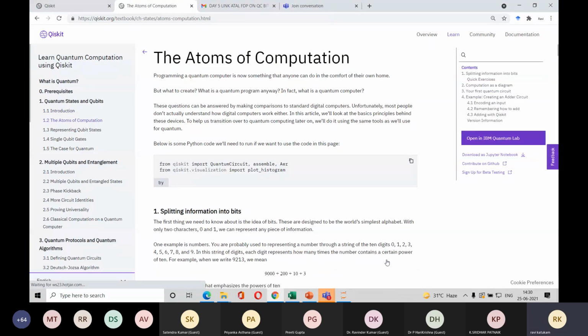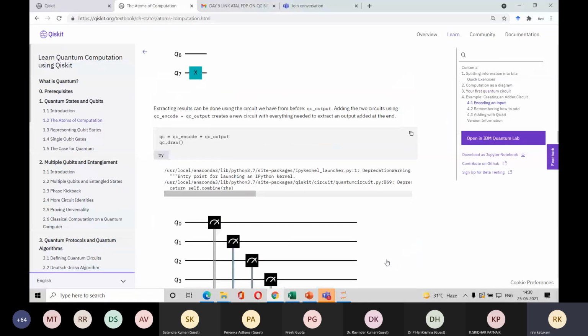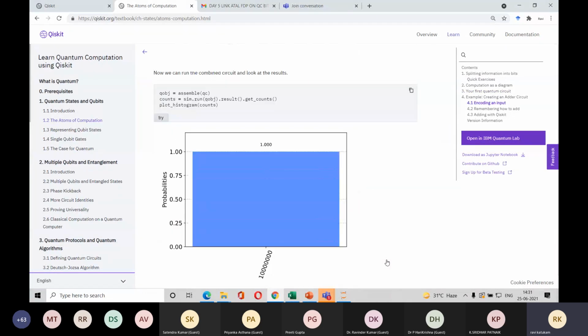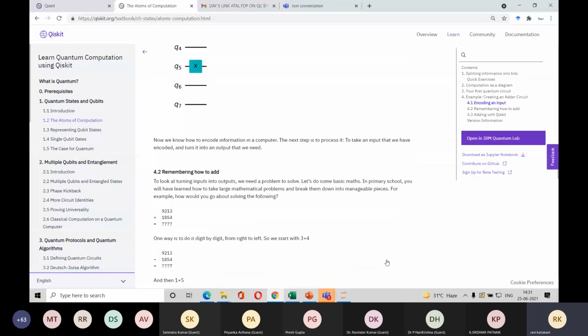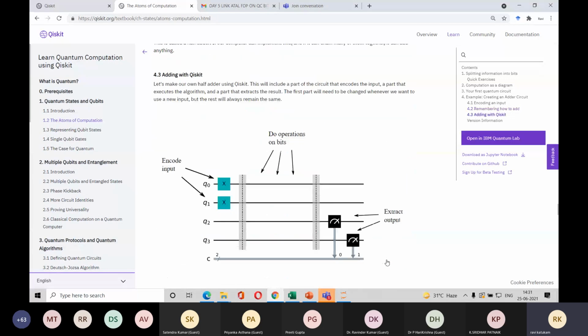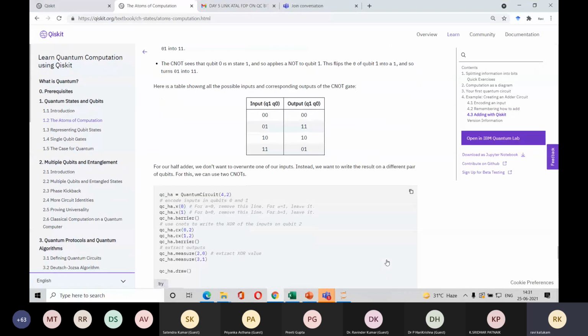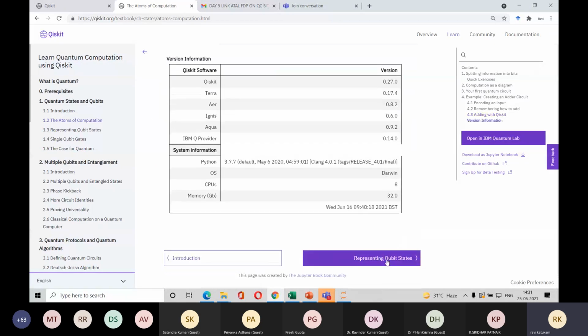So in each of these quantum computing algorithms, you have something called input encoding. Input encoding is the one where you define whether your inputs are 0 or 1. Then we successfully created this addition operation of the adder, and there is an extension, the full adder also, which you can do after the course is over. So you can develop the full adder on your own.